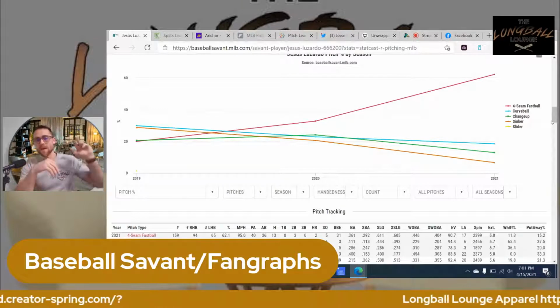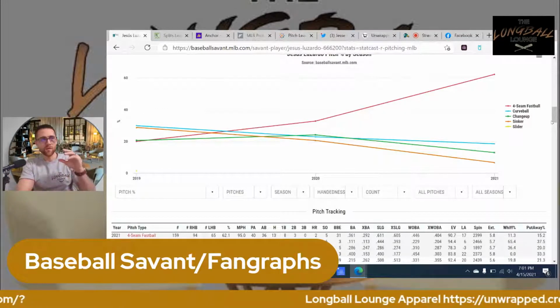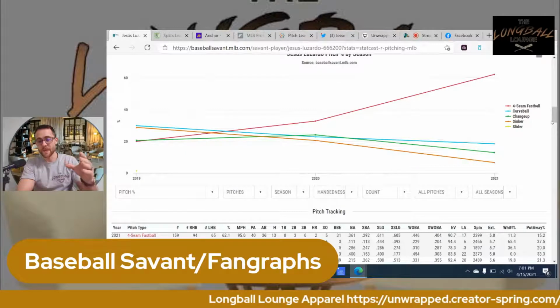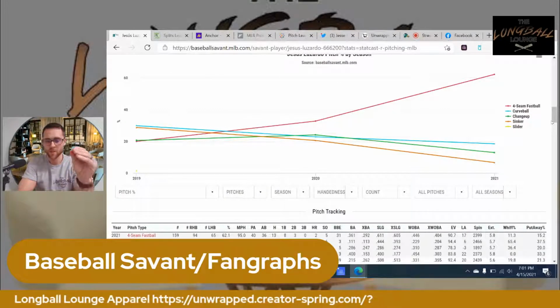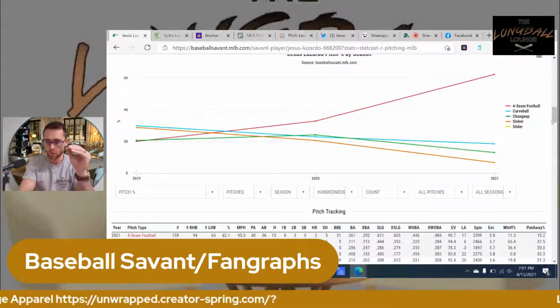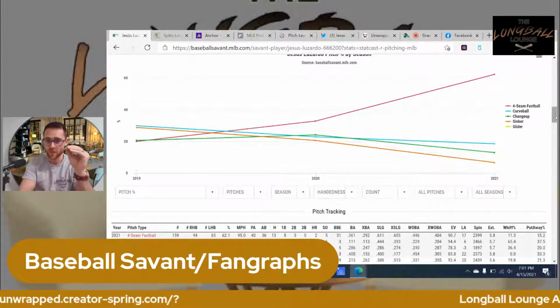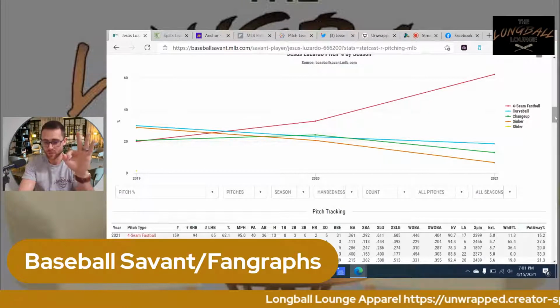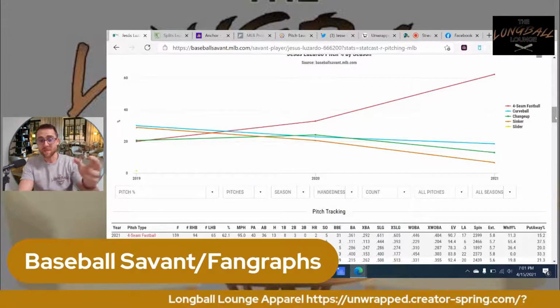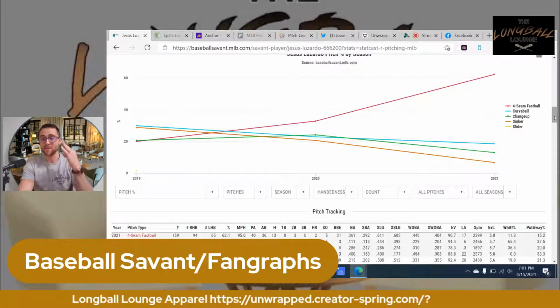When it comes out of his hand, the first probably 10 feet, those all look like the same pitch. No hitter in the world is going to be able to differentiate between those three pitches until it gets closer to the plate. So when it comes out of his hand, all three pitches look the exact same.